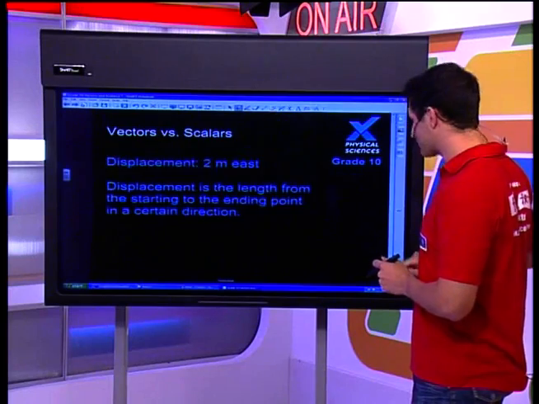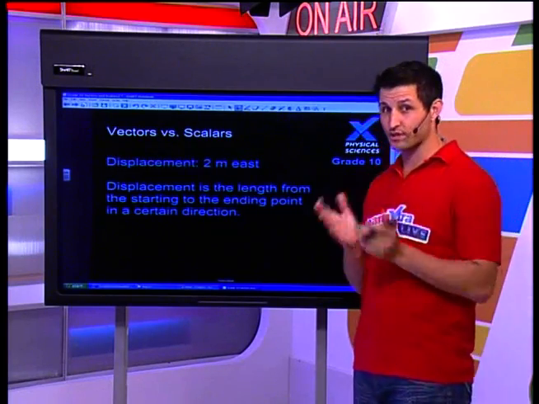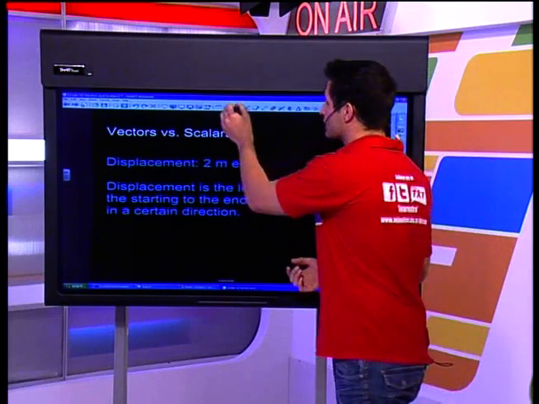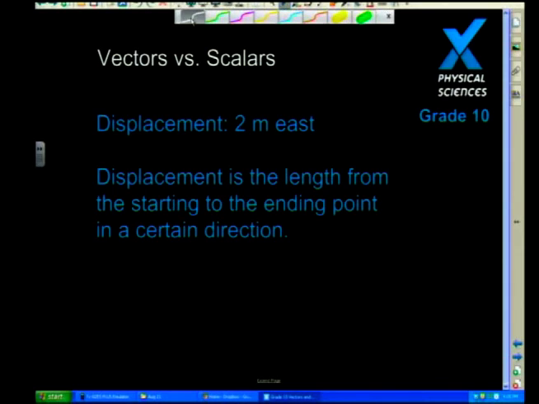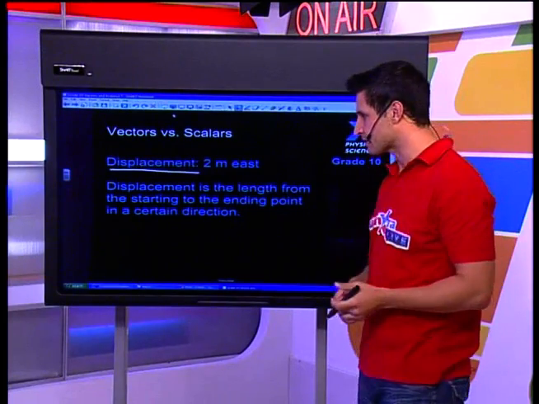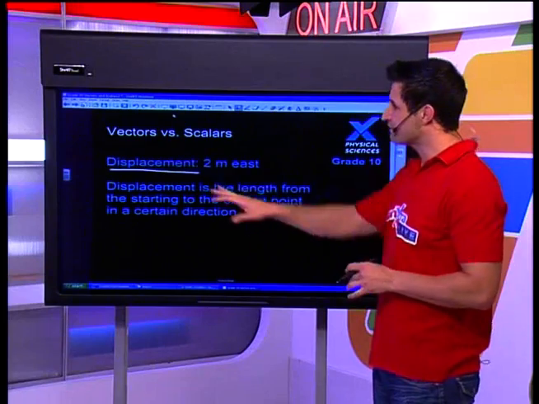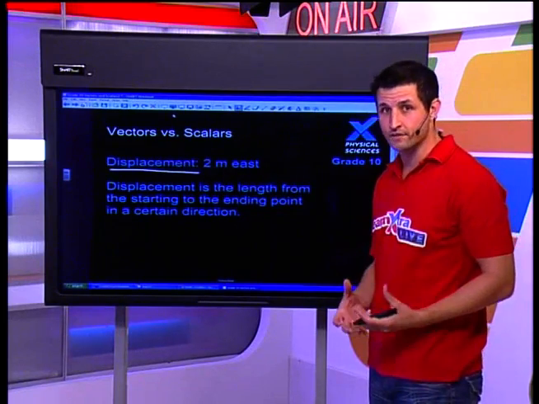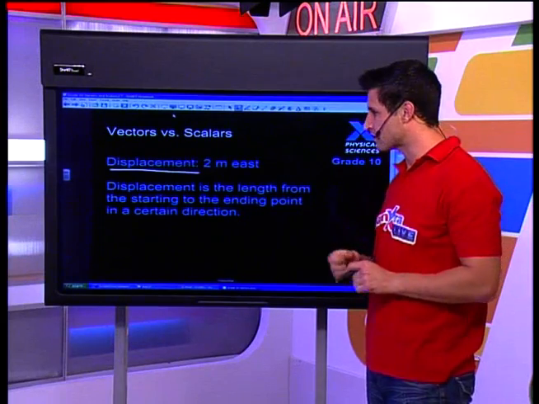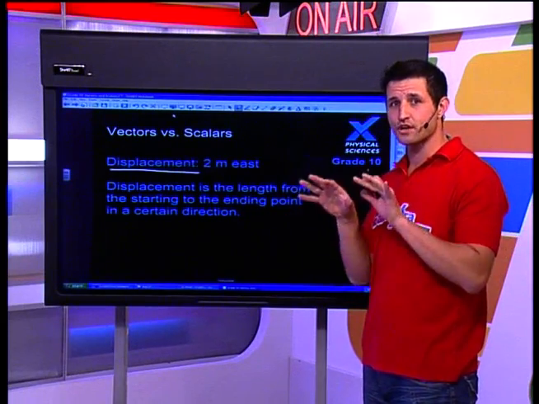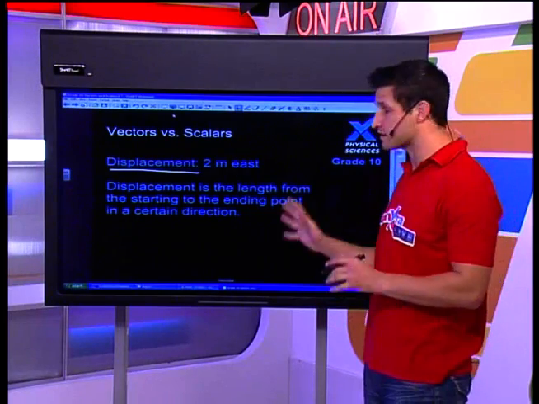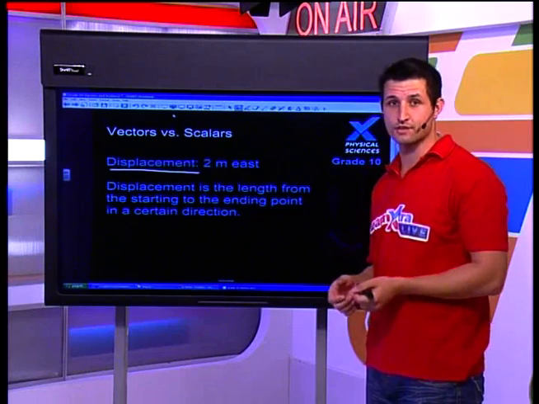All right, so let's get into our lesson today. Now let's start taking a look at what this word displacement actually means. So there it is in our nice blue writing. I'm just going to make sure that we highlight and make sure that we got all the important information in there. Now, just a little bit of revision from last week. I know that one is a vector and one is a scalar. I wonder if you can tell me if displacement is a vector or a scalar. Now, there's some very important information. Last week we took units and quantities to pieces, and I'm going to do the same thing for the next 30 seconds just to make sure that everyone understands what I'm saying.